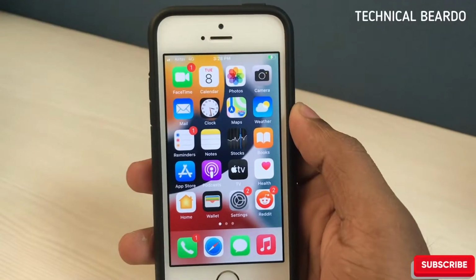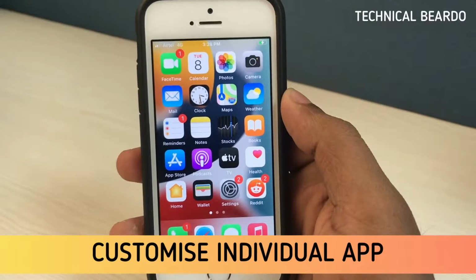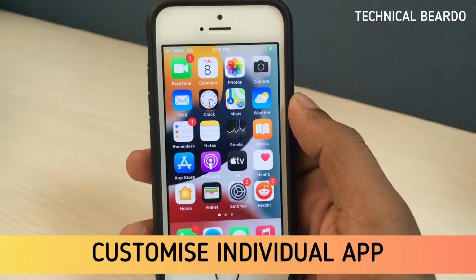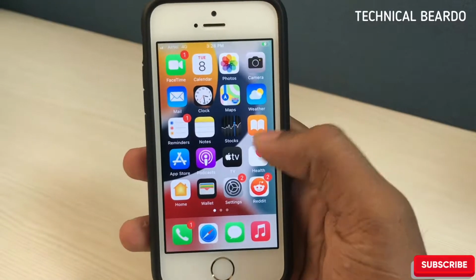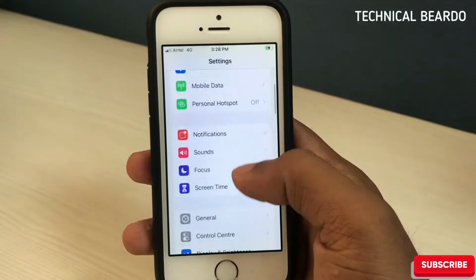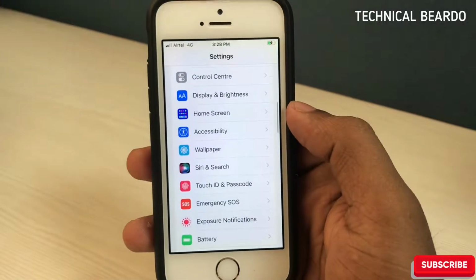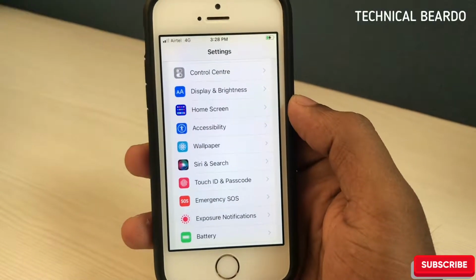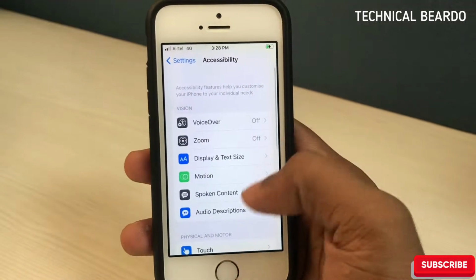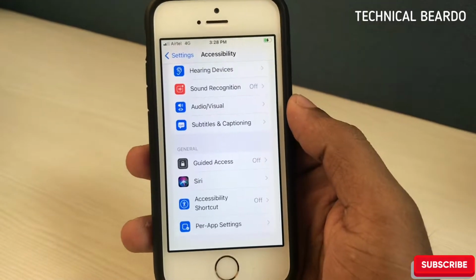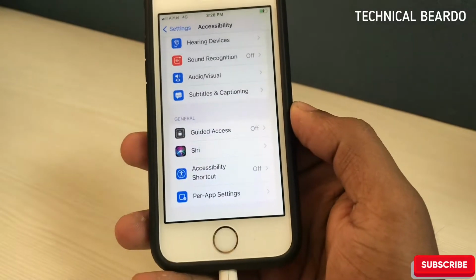Today in this video, I'll be talking about one of the coolest tricks, or coolest features, added to your device by iOS 15. This feature is completely new and separate from all the applications. So now if you go to the Settings application, scroll down until you find Accessibility. Open that and scroll down to the last option. Okay, open this. Once you open this, scroll down to the last and something new is there, that is per